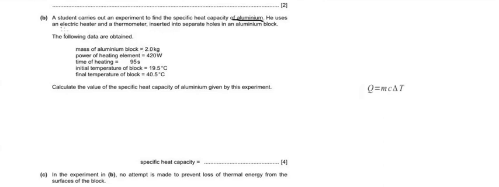You can see this electric heater is used, and the power of the electric heater is nothing but 420 watt, and the time it takes to go from 19.5 degrees Celsius to 40.5 degrees Celsius is 95 seconds. So we want to calculate the specific heat